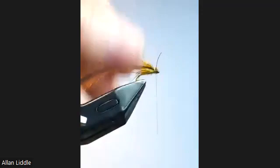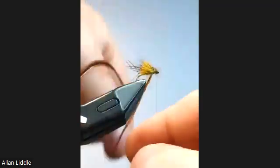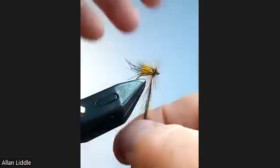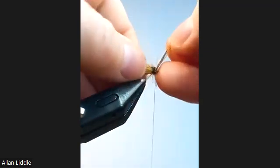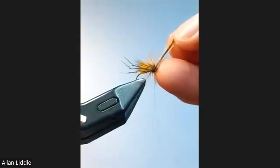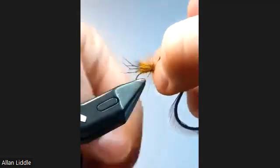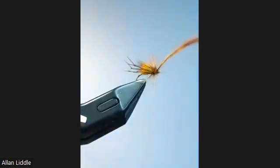Pull that thread out the way, cut that hackle stem. Bring my hackle forward, press it. And then I'm just going to take about 3 or 4 turns, just in front of each one, like so. Again, keep that tight, just to keep the space in my thread using up down to a minimum. Yep. Now before I cut the hackle at the bait, what I'm going to do, shorten the thread,